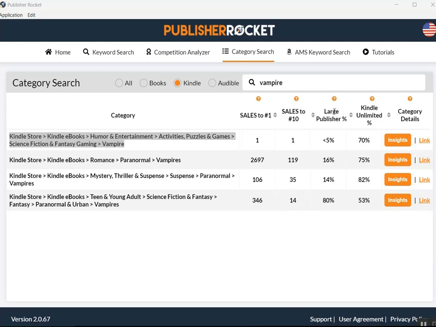And the other cool thing here is large publishers. This category, teen young adult vampires, is mostly 80% large publishers. Not always, but typically large traditional publishers don't focus on Amazon. They may not be running Amazon ads. They may not be trying to stay competitive on the Amazon Kindle ecosystem, which means it may be easier to